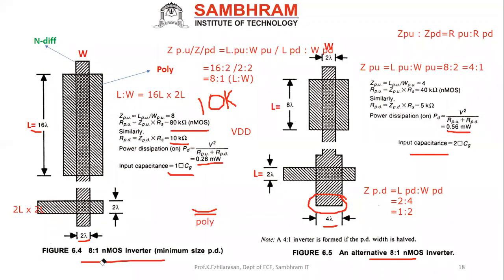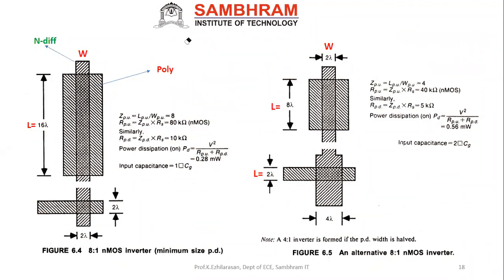This is how we can find out the power dissipation, or show the scaling 8:1, the alternative for 8:1. Always very important. Later we'll study how to calculate the scaling W/L. For NMOS, if you take some standard, 1:1, how much do we need in a pull-up transistor? For that, some derivations will be there. We'll see all those things later.